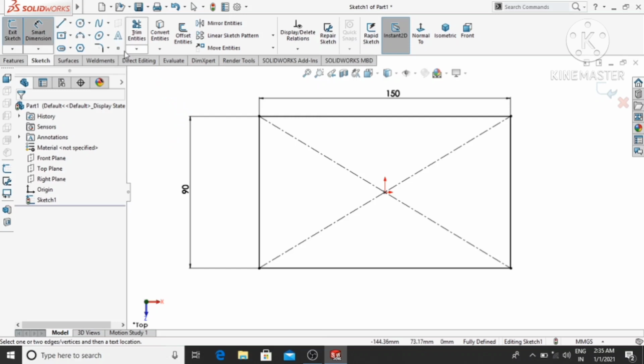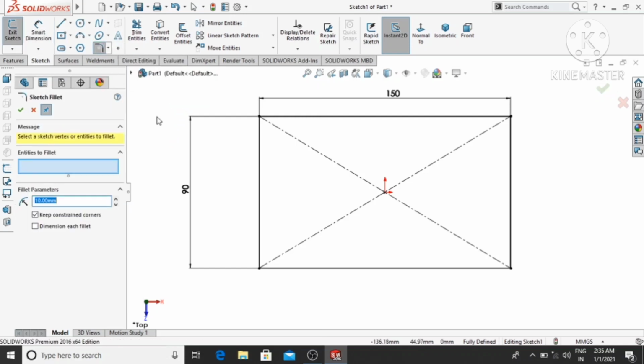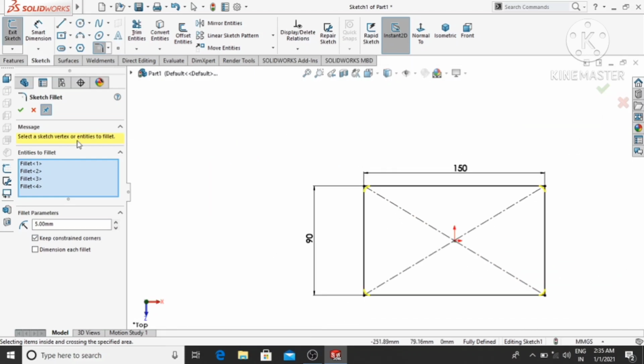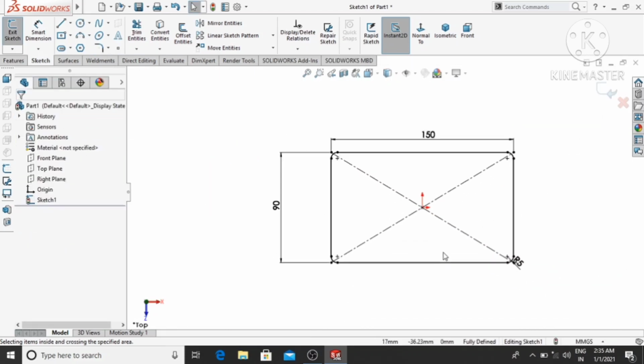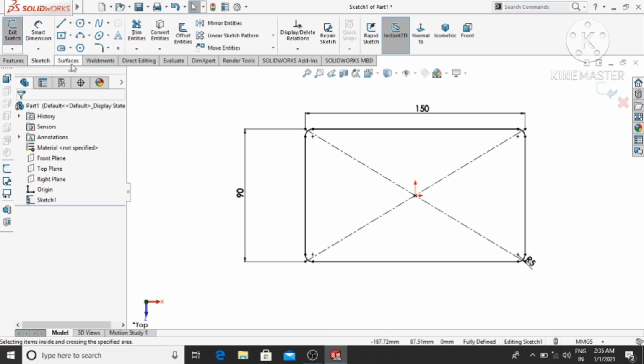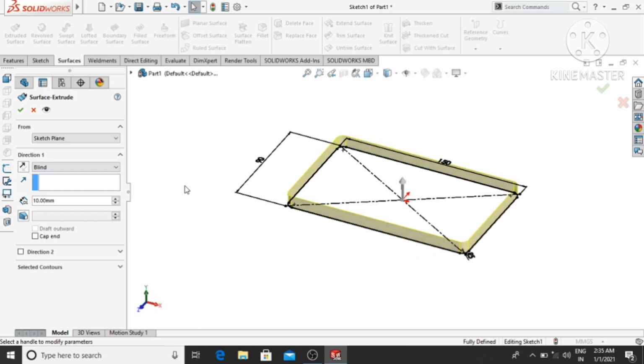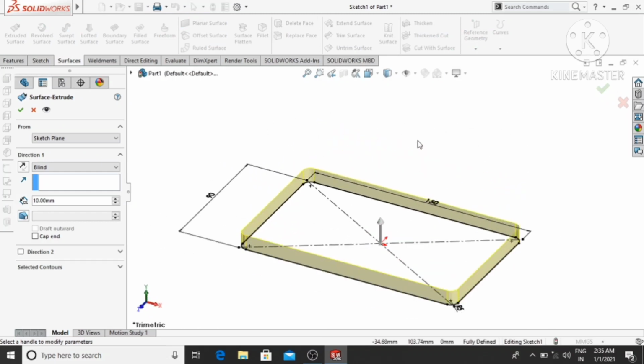So it's better to select the fillet, enter 5 mm, press the left key and drag across all the rectangle faces so they are selected, then OK.